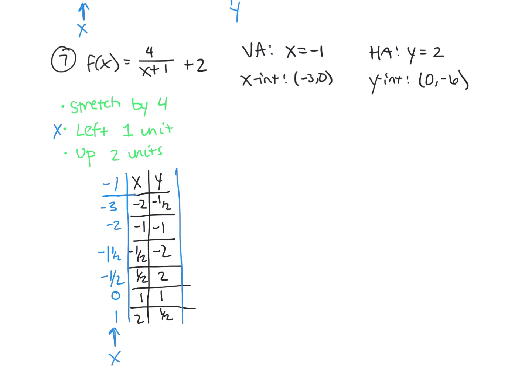For my y values, we have 2 things going on. First, we have our stretch, or we're multiplying everything by 4, so really big. And then since we're moving up, we're going to add 2 to everything. So when I multiply everything by 4, -1/2 times 4 gives us a -2, and a -4, and then a -8. And then we'll have a +8, 4 and 2. Lastly, when I add 2 to everything, I'm going to have 0, -2,